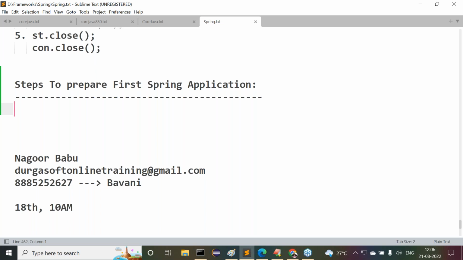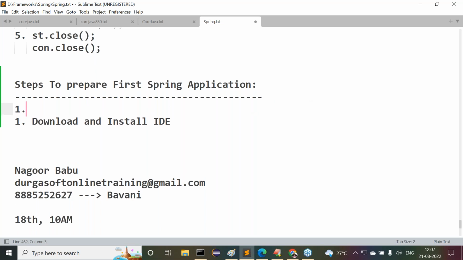Right. If you want to prepare a basic Spring application, what exactly are the steps we require? Listen carefully. First, download and install one IDE. If you want to prepare applications, then definitely we require one IDE. And before that, at minimum we require